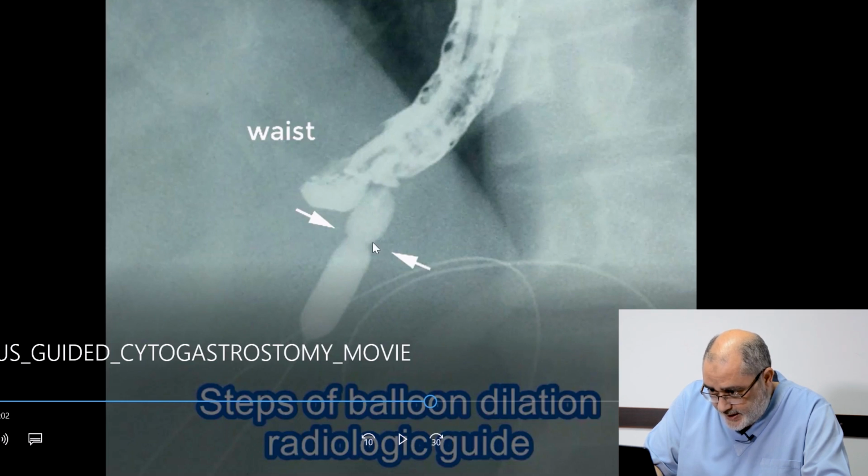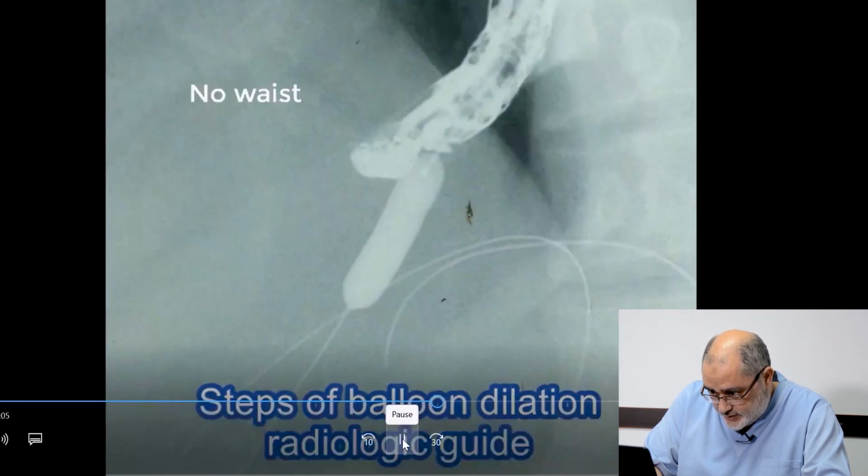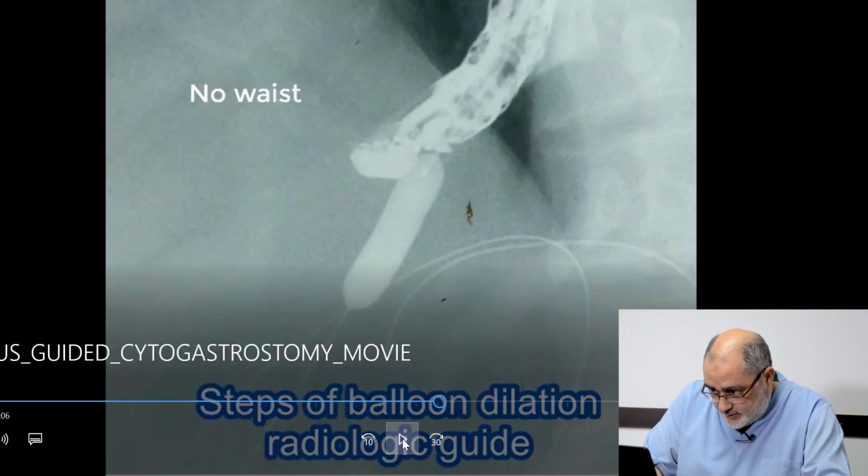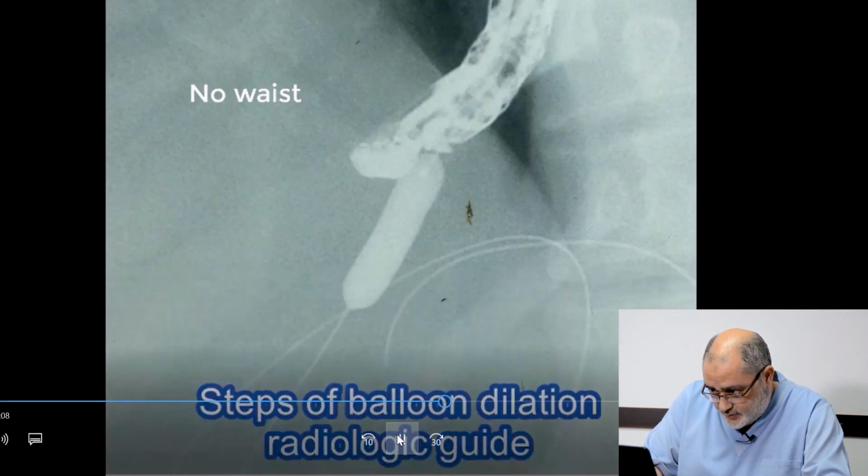This is the area at the gastric and cyst wall. And I will keep inflating the balloon till the target, which is 12 millimeter. And here there is loss of the waist. This is very nice dilatation. And then the last step is to introduce